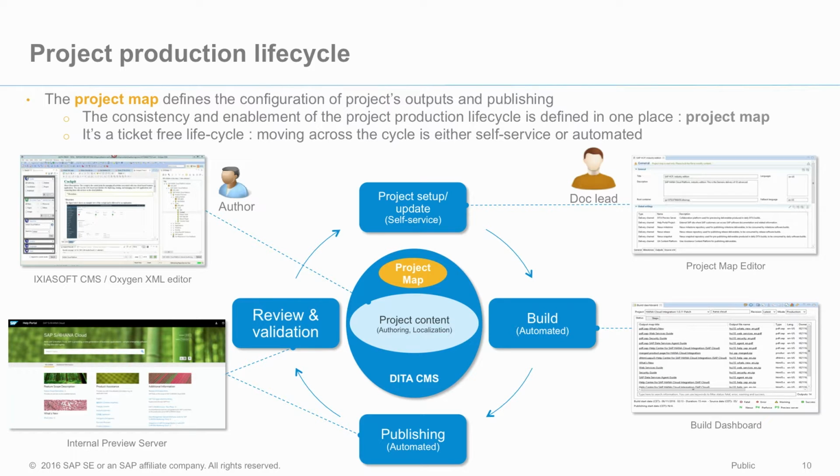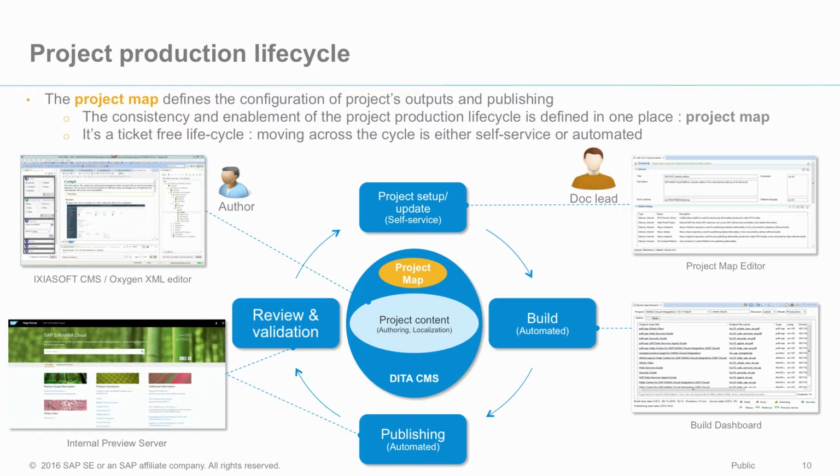Then the doc leads define all the various outputs. For example, I want to build my Eclipse or my HTML5 or my PDF out of this content defined in the CMS. Once this is done and the project map is defined for the project, we can kick off